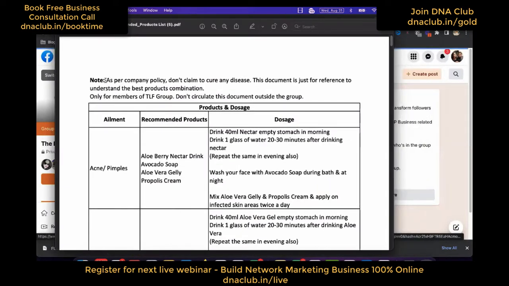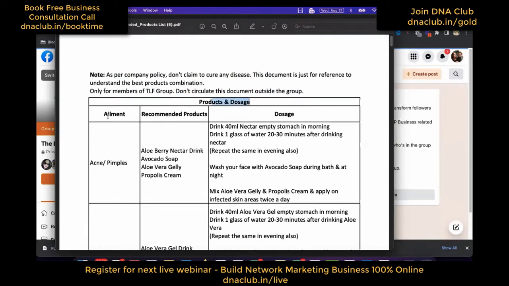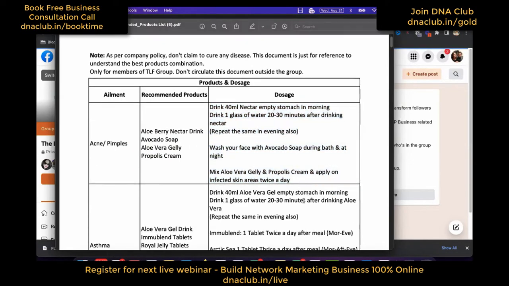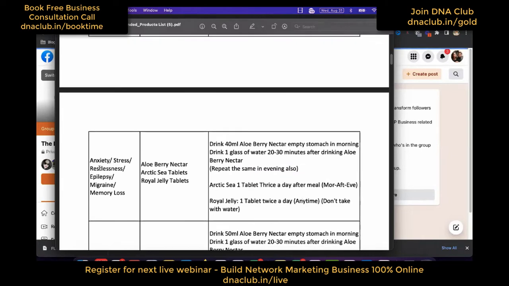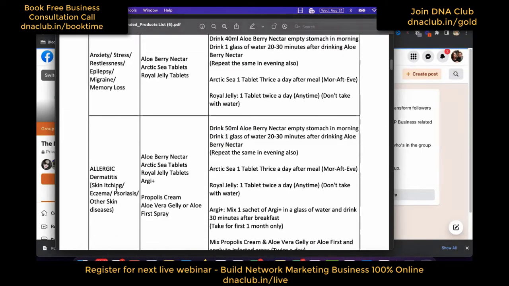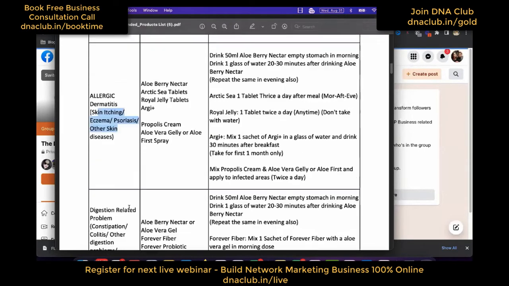So here it is. I very clearly mentioned, as per company policy, don't claim to cure any disease. This document is just for reference to understand the best product combinations, only for members of the TLF group. This is my team name. TLF stands for The Leadership Factory. Don't circulate this document outside the group. So ailments, products, and dosage. Ailments: acne and pimples, recommended products, and then dosage, how to use it. 40 ml, this. Clear? And then similarly, asthma, what are the recommended products? Anxiety, stress, migraine, memory loss, allergies, anything related to eczema, skin itching,